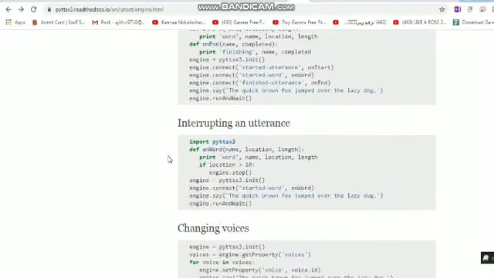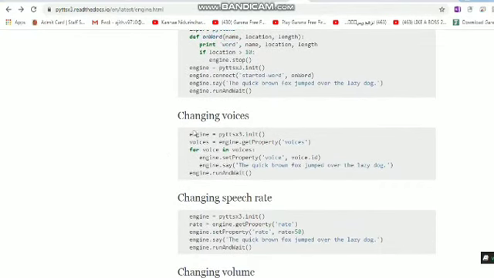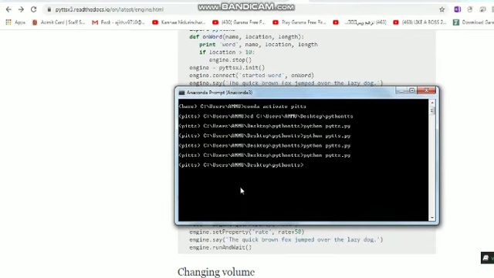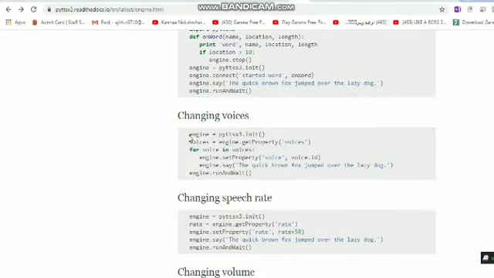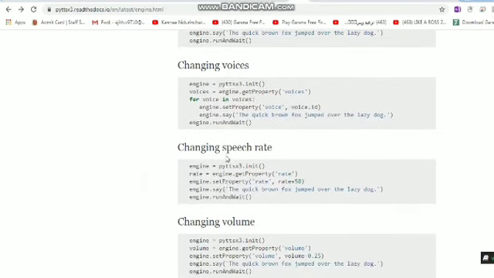Okay, changing voice. Let's try changing the voice. Now it's giving out a female voice. Listen again. Welcome to my tutorial. I know the video is boring. Okay, so let's change the voice using voice IDs. Actually, pyttsx3 provides 2 voice IDs, one male and one female. Then we can also change the speech rate, change the volume, and run a driver event loop. This one is what we'll be using now.